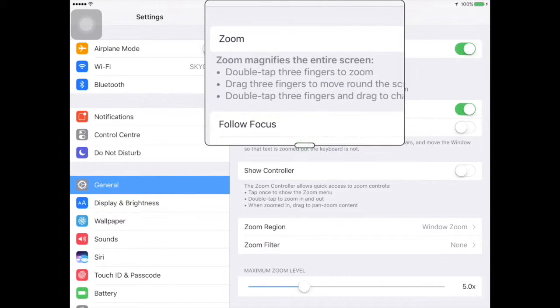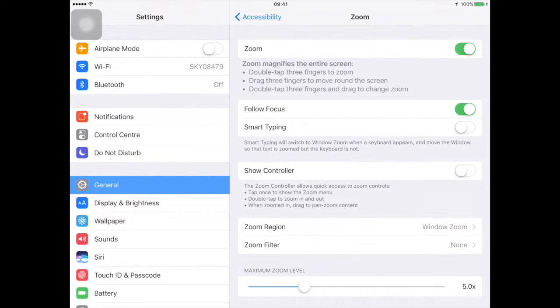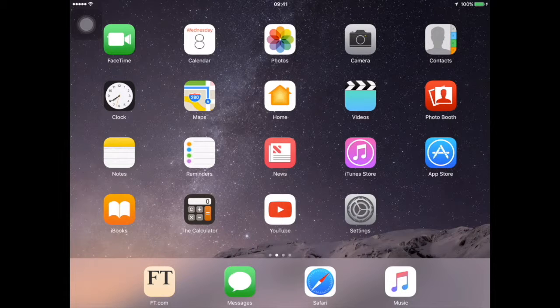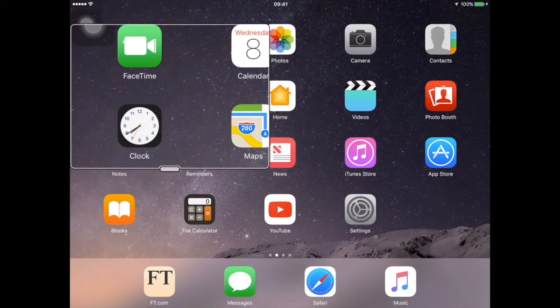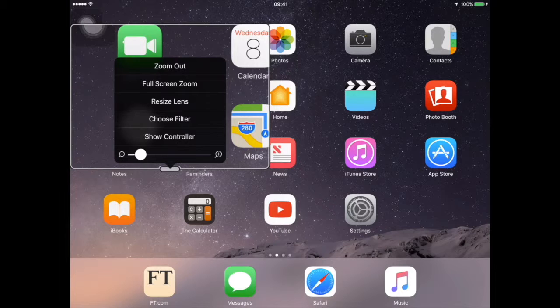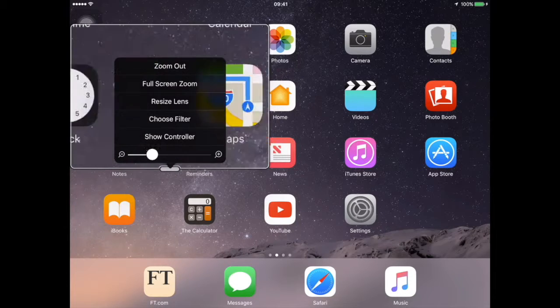Here there are some instructions. The main feature is that you need to use three fingers to control the zoom mode. For example, double tap with three fingers to zoom in and zoom out. So, double tap with three fingers, and you see the zoom window. If you click the button on its bottom, you can have a list of settings. So you can further zoom in and zoom out,